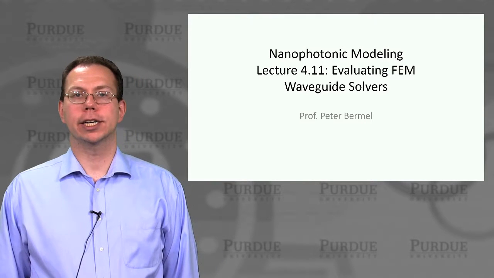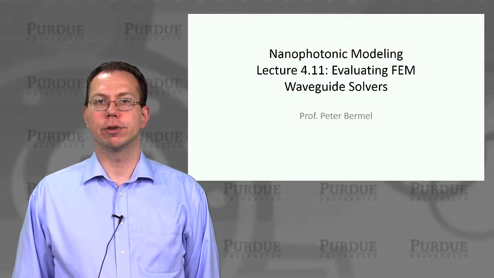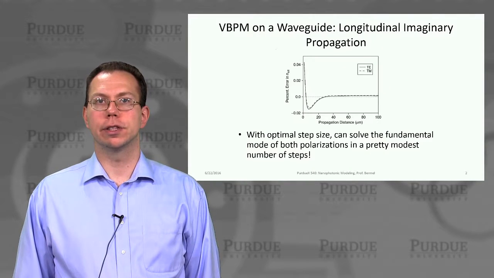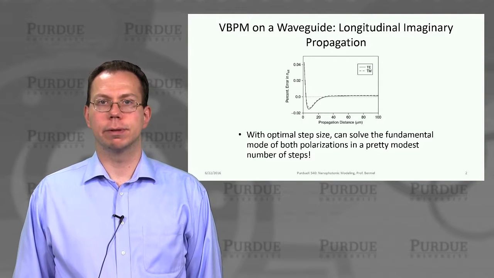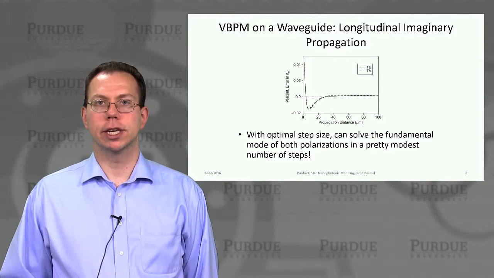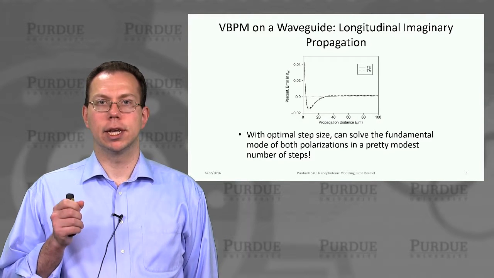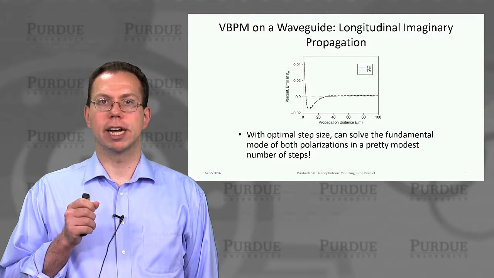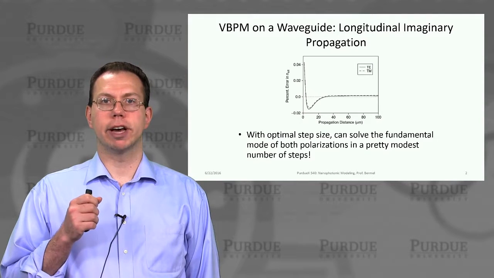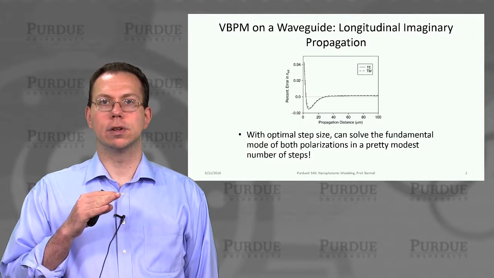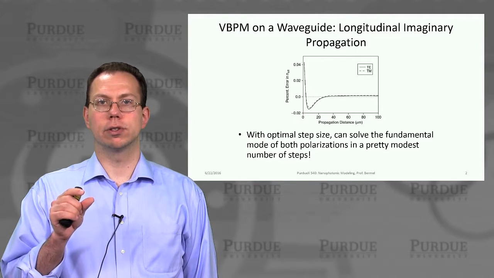Hey everyone, welcome to lecture 411. So in the last lecture, we were talking about how to evaluate the finite element method, and we're going to continue along those lines. And so one of the key values of the finite element method that we found is that we can actually very quickly identify specific waveguide modes in the system by propagating along imaginary direction. So of course, imaginary direction doesn't actually exist, but the value of that is that it allows us to quickly attenuate modes that we're not interested in and only keep like the lowest order modes.